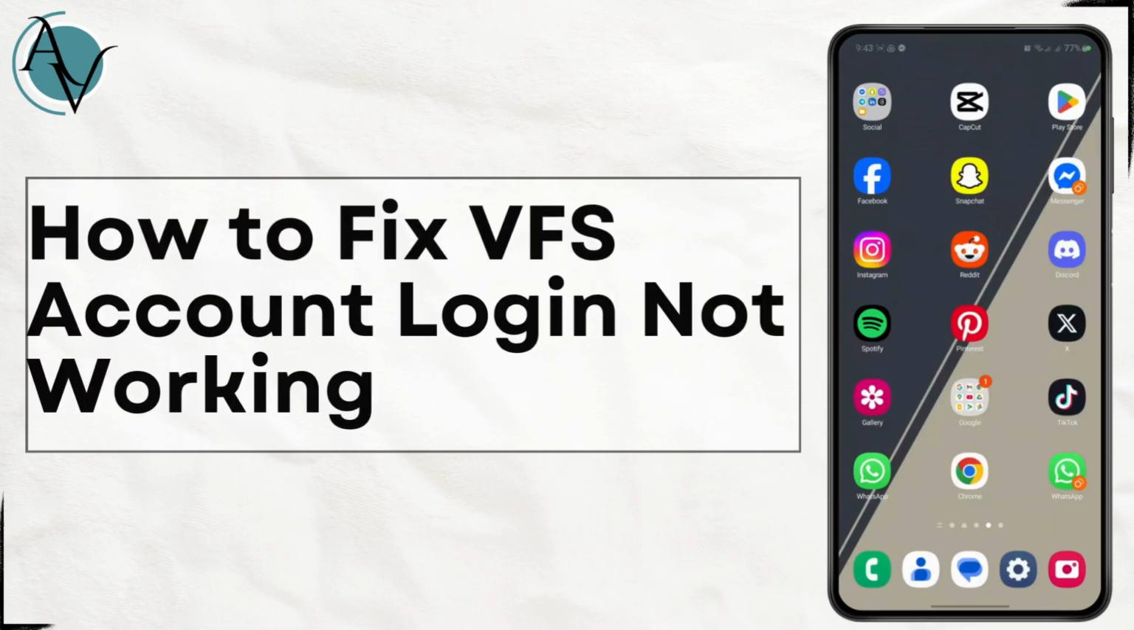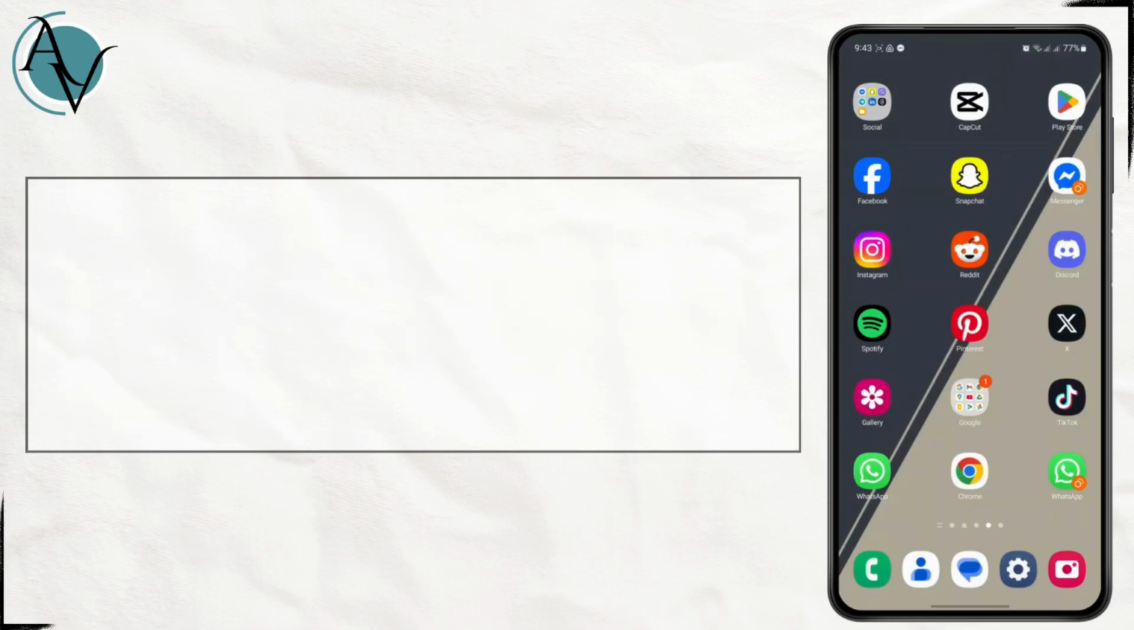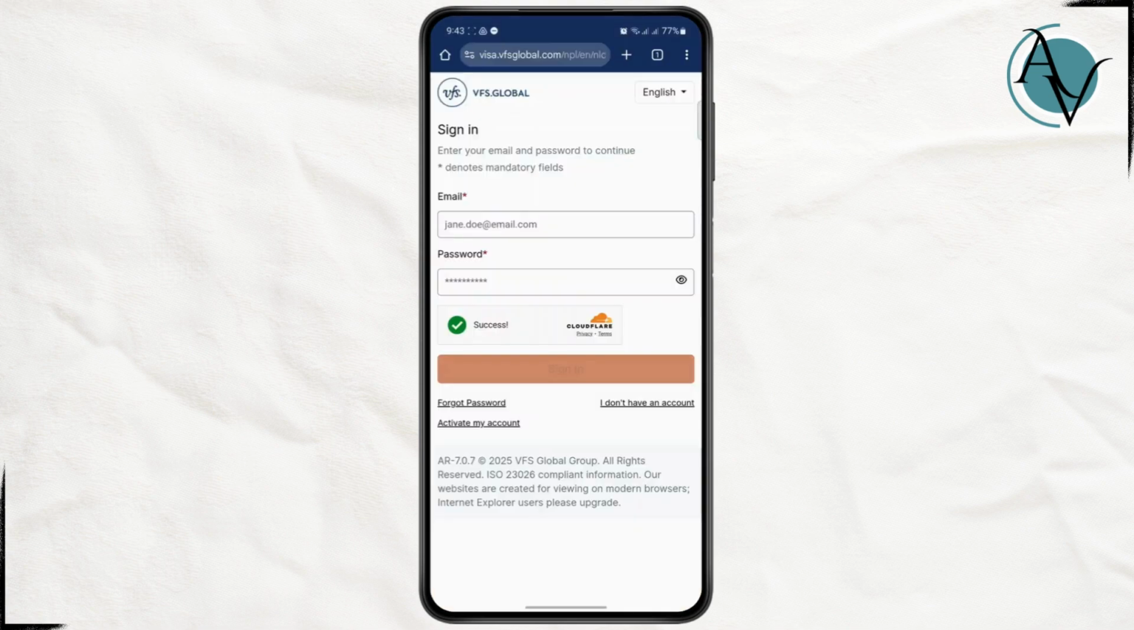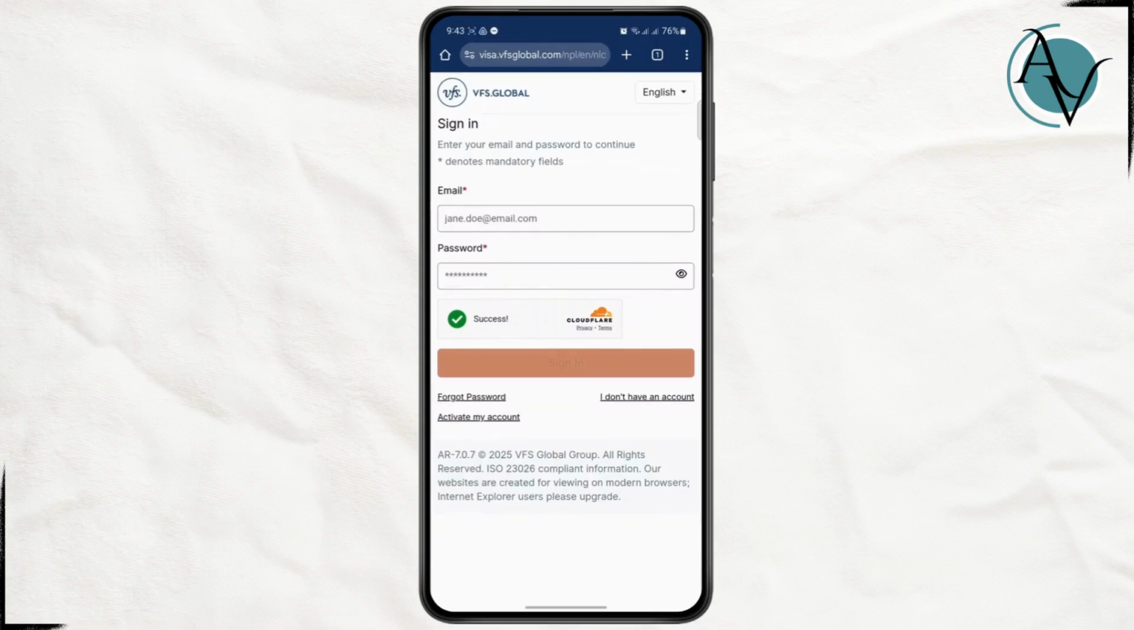How to fix VFS account login not working. First things first, open up your Google Chrome or any other web browser by tapping on it. And then you simply have to head over to VFS Global's login page. Here you have an option to enter email and password. And even if you have entered the right email and password and you're not able to log in, first